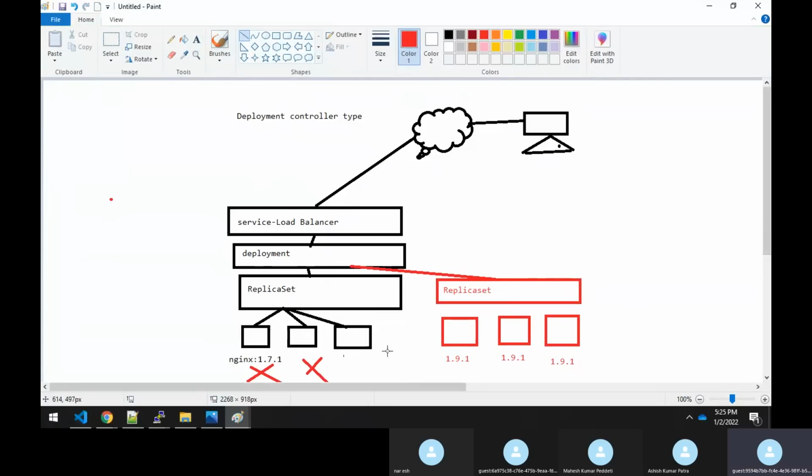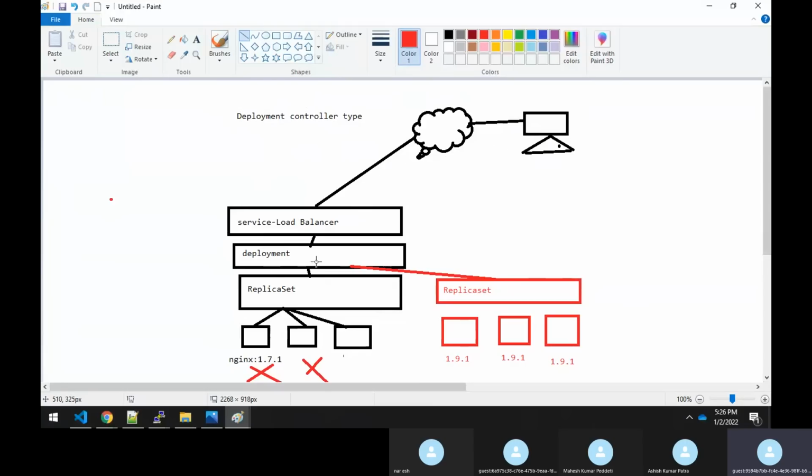So why do we prefer to go with the deployment? Because with a deployment there will not be any downtime. As I said in yesterday's session also, when a new replica set gets created, a new pod with the higher version is automatically created. But assume that at the same time traffic is coming, or a customer wants to connect.